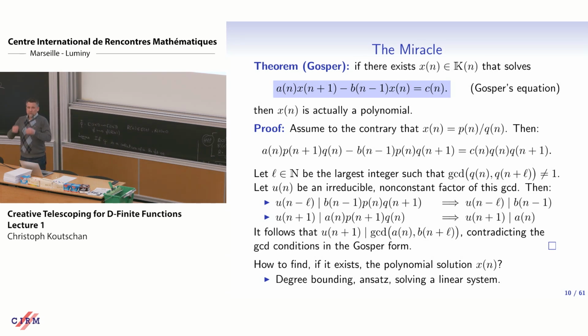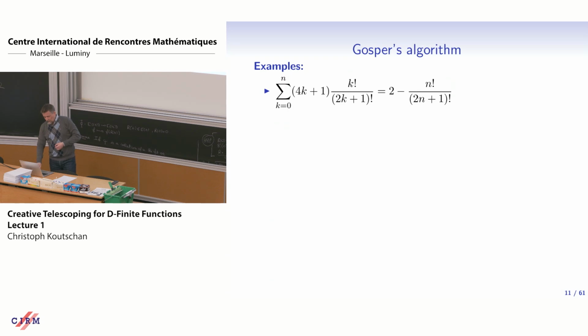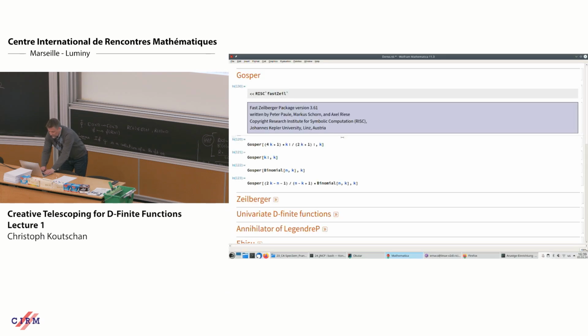and then you have a proof that your function that you started with does not have a hypergeometric antidifference. So it's really a decision procedure. Either you get an antidifference or you get a proof that no such antidifference exists. Okay, so here are examples that you can do with Gosper's algorithm. And if you don't have this algorithm, I think it's not so easy to come up with these evaluations. And let me do a short